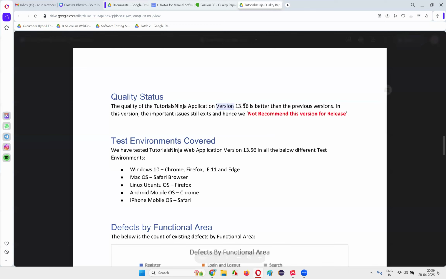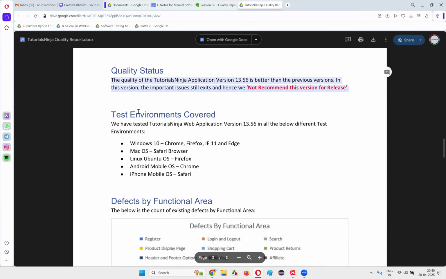saying that we have tested so and so version of the software, and this version is better than the previous. We agree that this particular version is better than the previous versions. Okay, but in this version, some important issues are still there, which are not yet fixed, and hence we are not recommending this version for release. The testing team is saying this, and to support this statement, what we are providing,